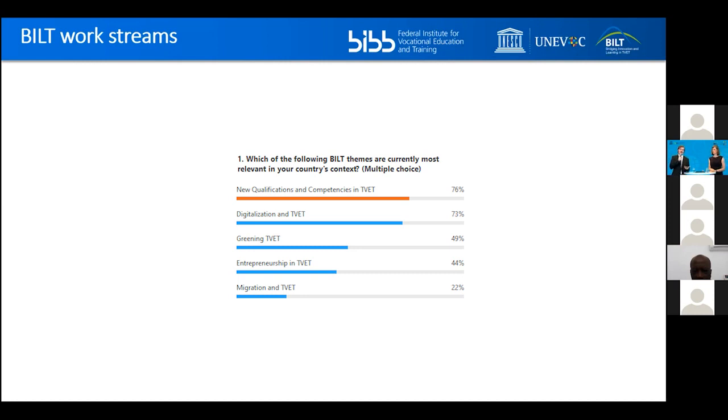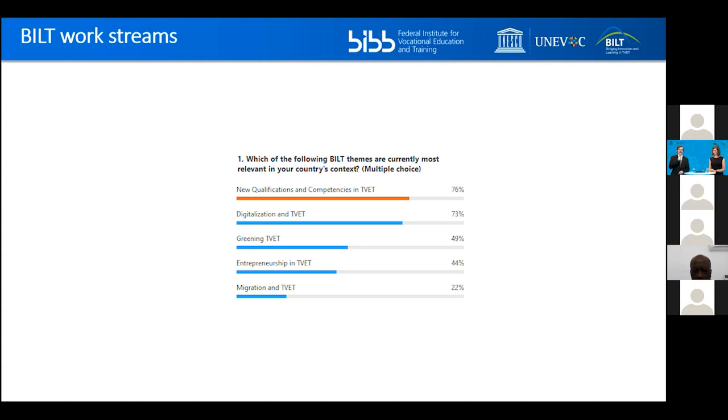So not in every country do education providers, industry, and government play well together, so to speak. In some countries this is good; in some countries there are lessons learned and some work still to be done. So what we're trying to do is analyze why this example is successful, and how other TVET stakeholders can look at this example and perhaps learn and implement something like that for their own